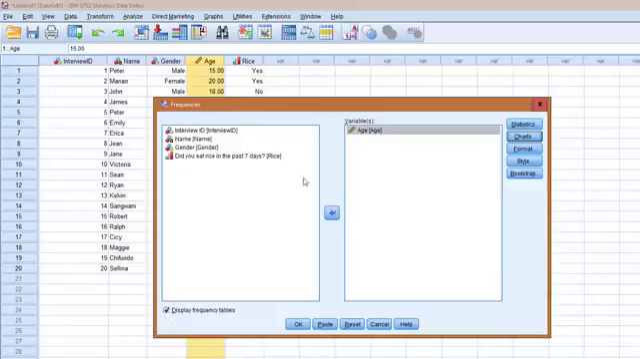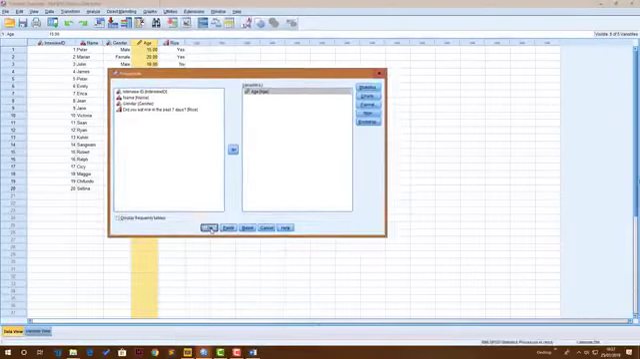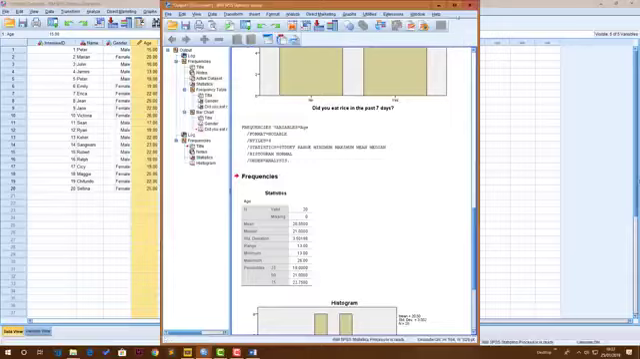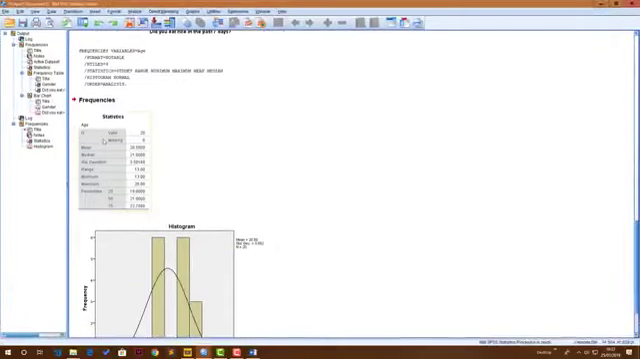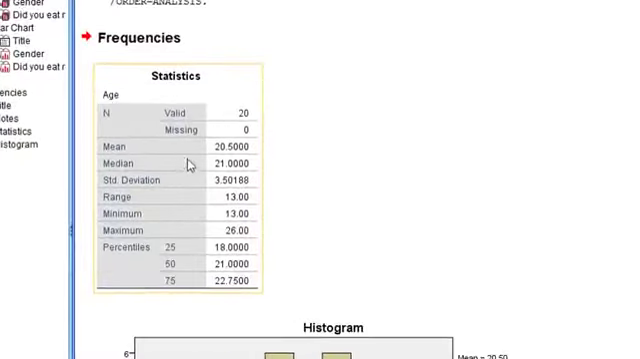So the table, which shows all the values and how many people there are on each value, is not going to work very well. So turn that off, and you click OK, and now you will see that we have a table of statistics, which shows us that the average age is 20 years old. But the median age is 21, which is quite close. The standard deviation for age is 3.5, and the age ranged from a minimum of 13